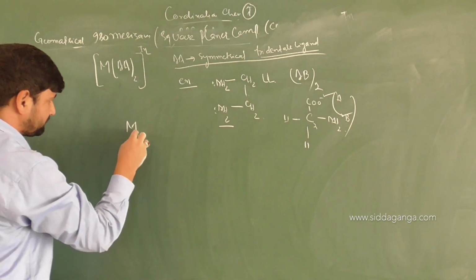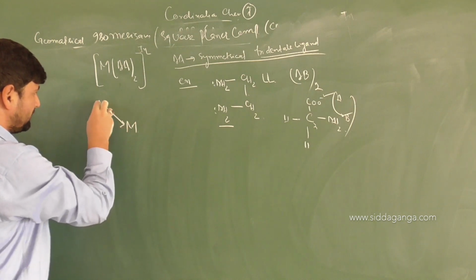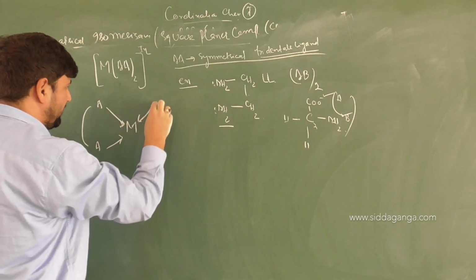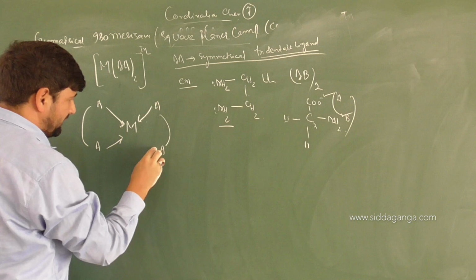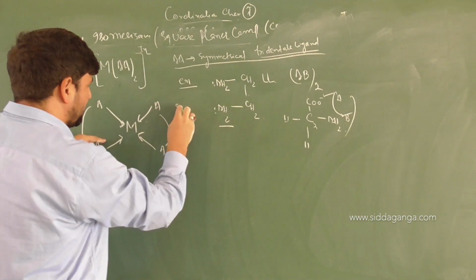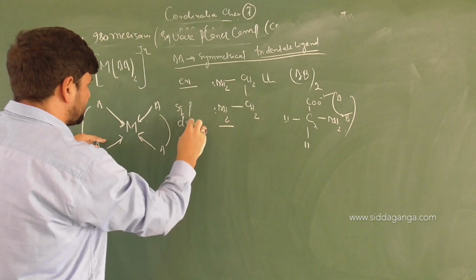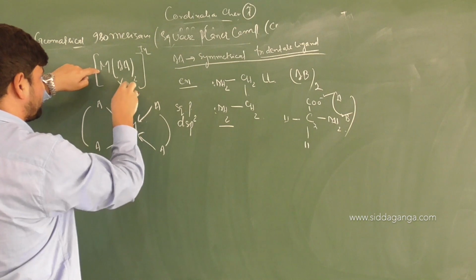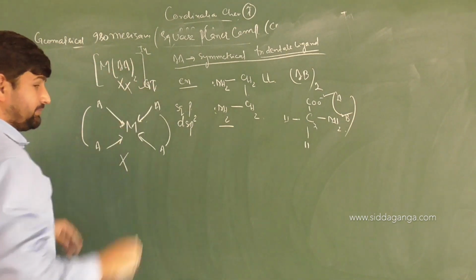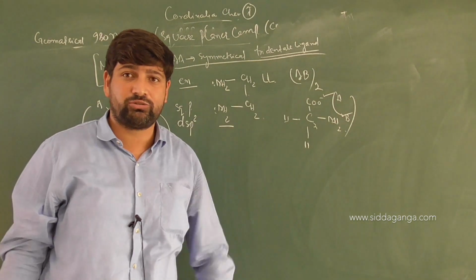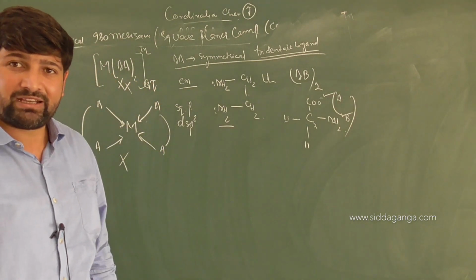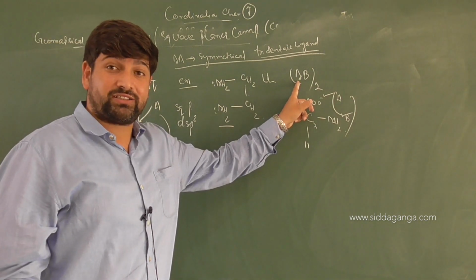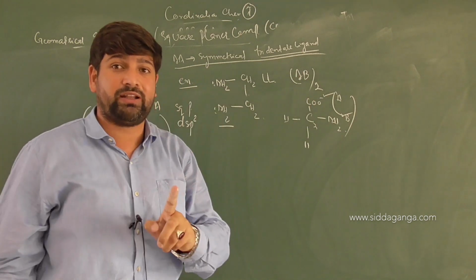It will be metal atom. So we have a ligand A, then we have A donating the electrons. On this side also we have A, a bidentate ligand donating the electrons. Say this is square planar, hybridization is dsp2. There is no question of cis and trans isomerism. So in MAA2 type of complexes, geometrical isomerism is not exhibited by this molecule at all. Am I clear with this thought? Okay, if it is an unsymmetrical bidentate ligand system, then 100% geometrical isomerism in a square planar complex will exist.